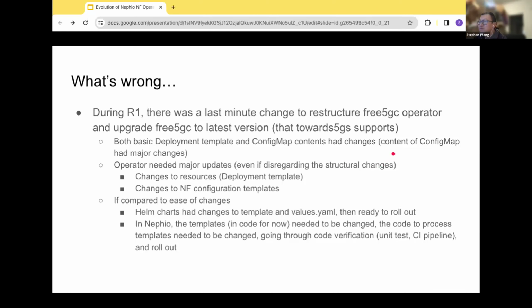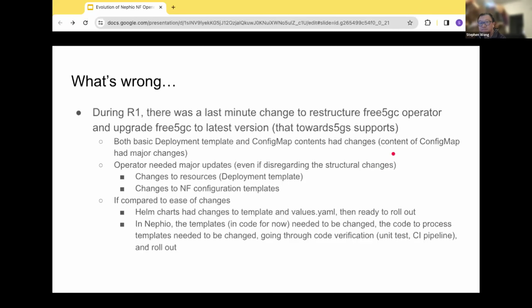But when we do that, the corresponding things that we have to do for an operator is, you have to change the code, both the template code and the templates of the Kubernetes services and the configurations. Templates need to be changed, and because of that, the code that does the mapping needs to be changed.